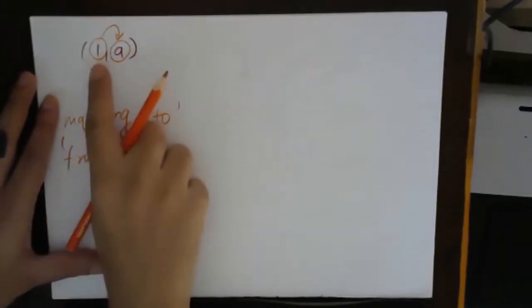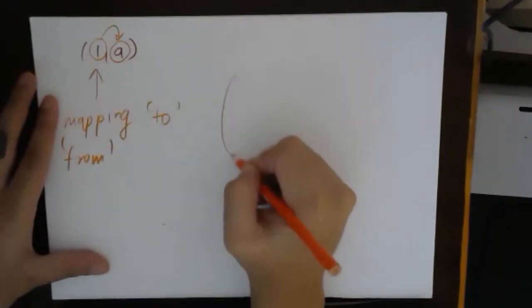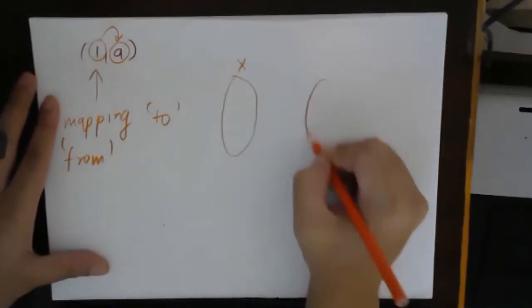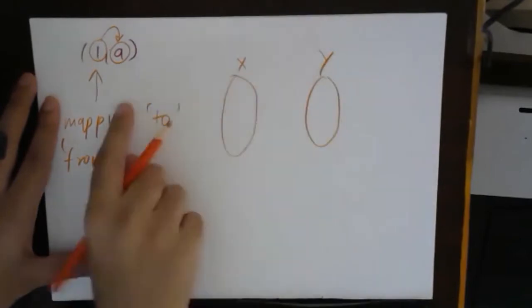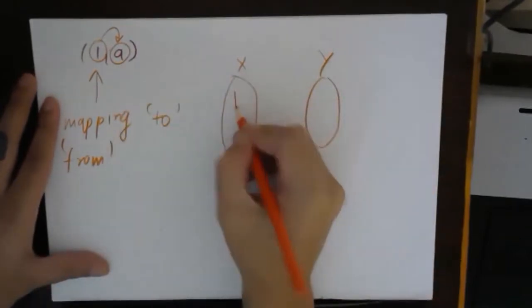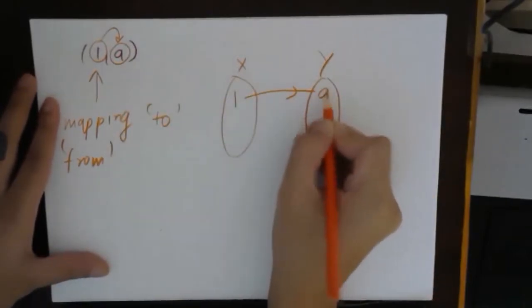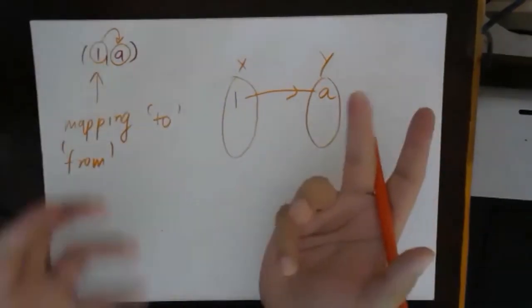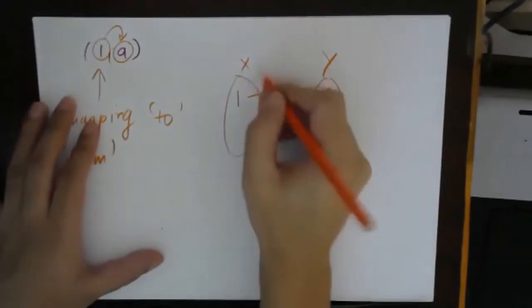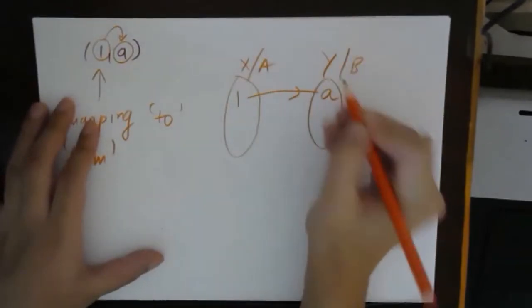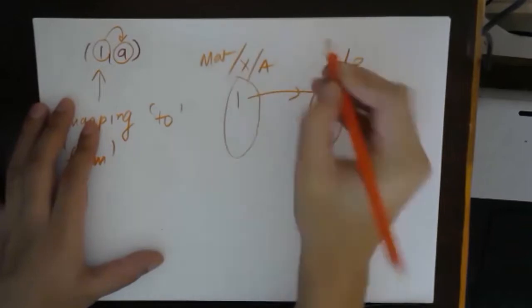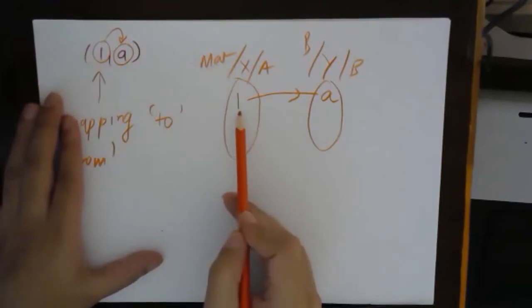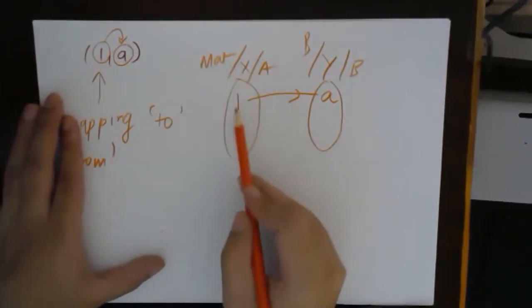So suppose only this was given, I can assume that, okay, let this be set x and let this be set y. And 1 was linked with a. A name. It is just a name. I'm giving this a name. This can be A. This can be B. This can be maths. This can be bio. Anything. Any name you want to give. Right. So this will represent that from set A or from set x, there was an element.